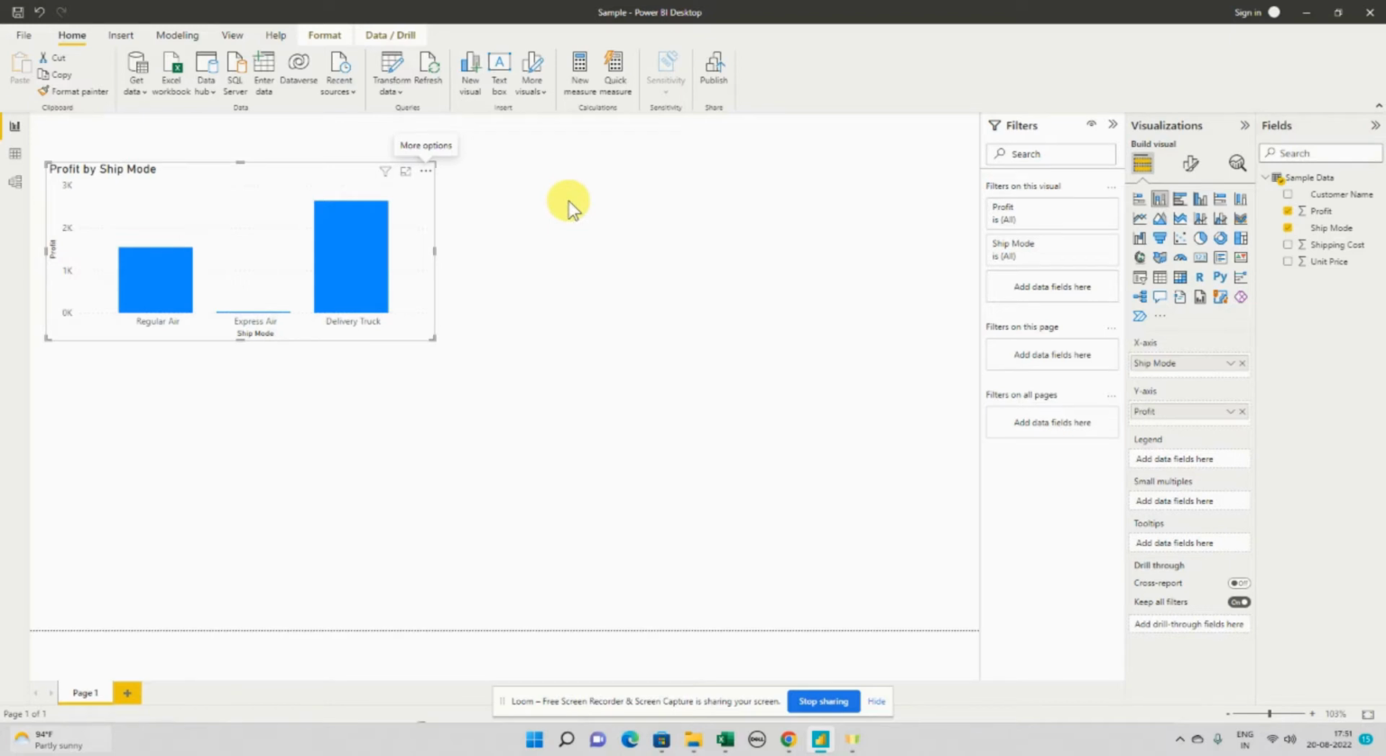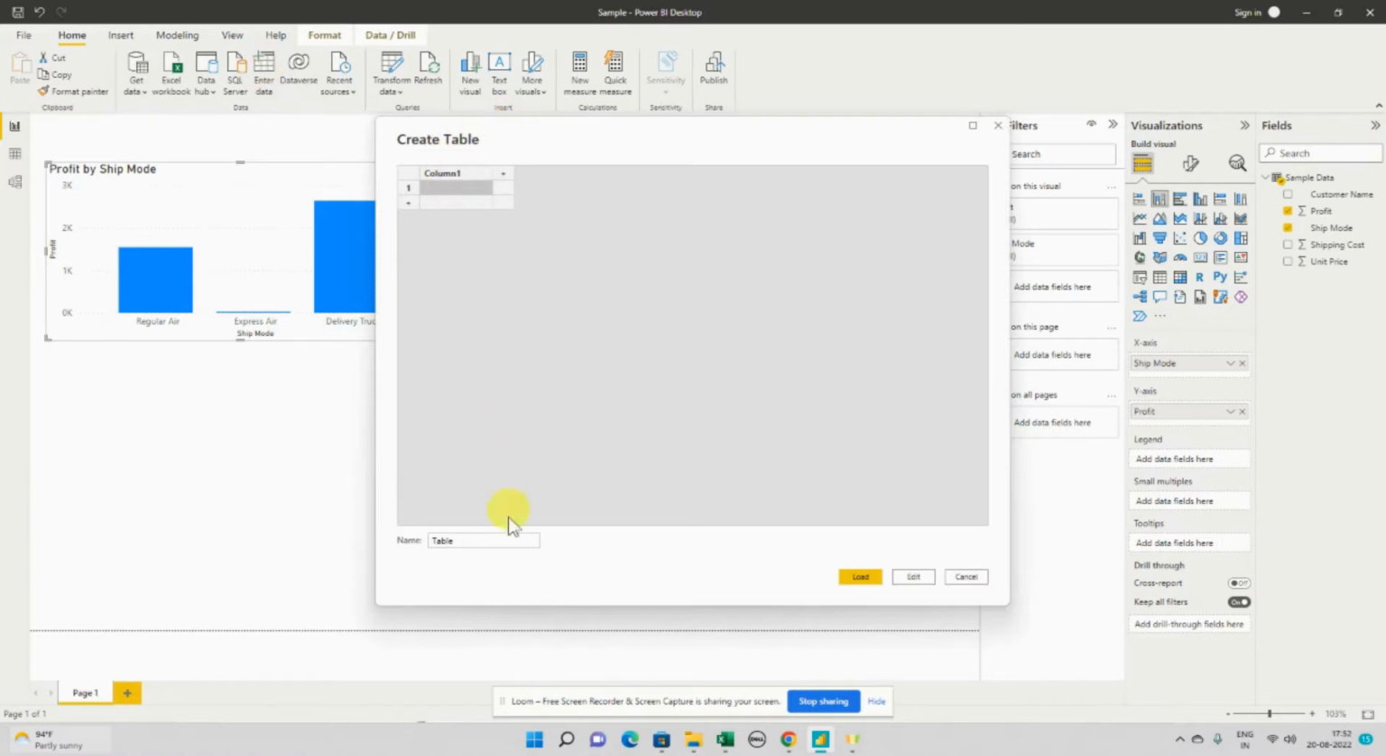To do a manual sort, we have to create a data set first to have a sort order. So let me create a data set by clicking enter data. I'm naming this particular table sort, and the column name is ship mode, and the next column is sort. First, I want to sort express air as first, and then I want to sort regular air,